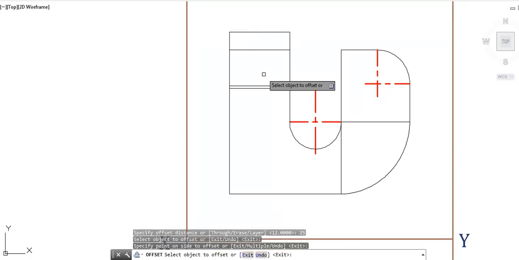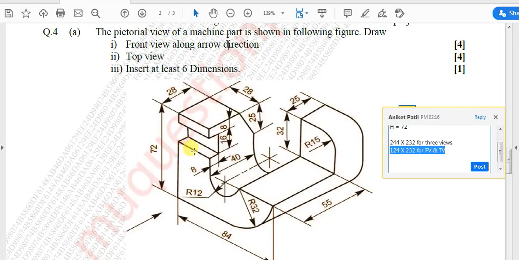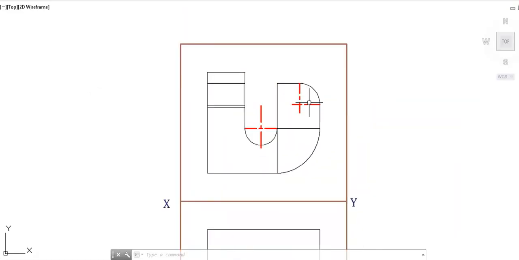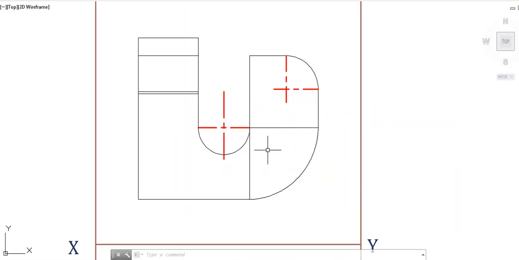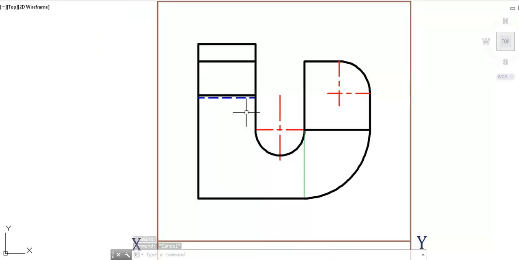So you can clearly see that there is a line which we have drawn at a depth of 25, but since that line is not visible from the front, we will show that line as the hidden one. Apart from that, there will be no hidden line present here, and that is how the front view is completed. So let us make these important lines thick lines and the remaining lines construction or simple lines. So that is how the front view is completed.